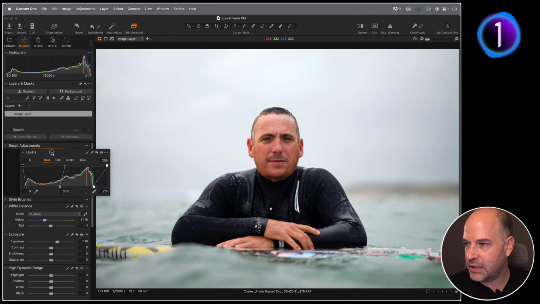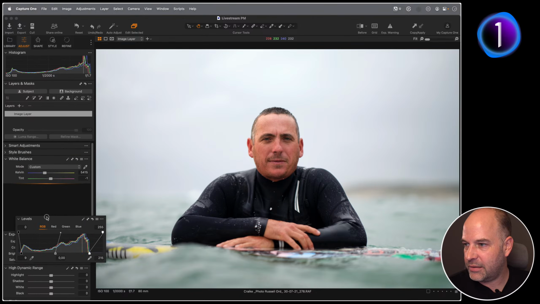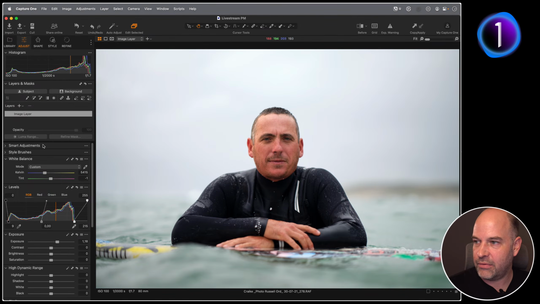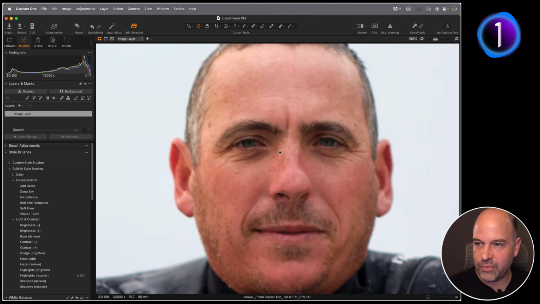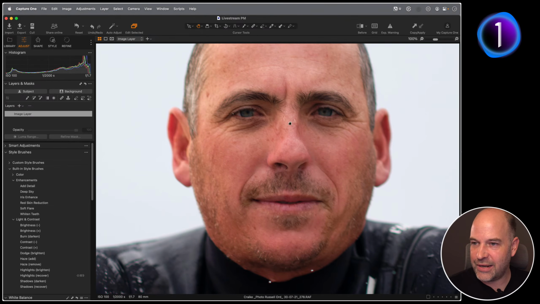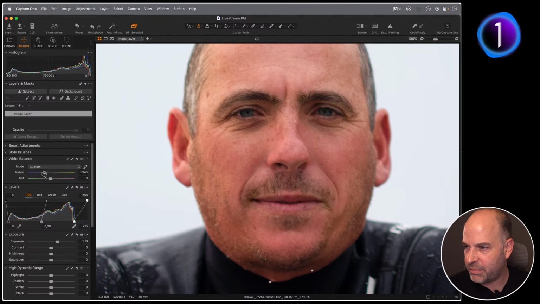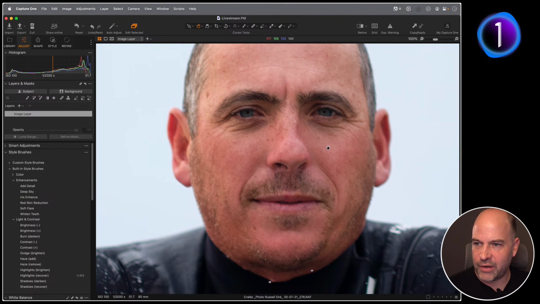Let's just put the levels tool back in. Where do I want that? Let's just put it there for now. Again, a little style brush example. If we zoom in on him, he's got a little bit of redness across the nose, not a huge amount. Actually, my white balance, I prefer it to be a bit cooler, but he's got a little bit of redness or